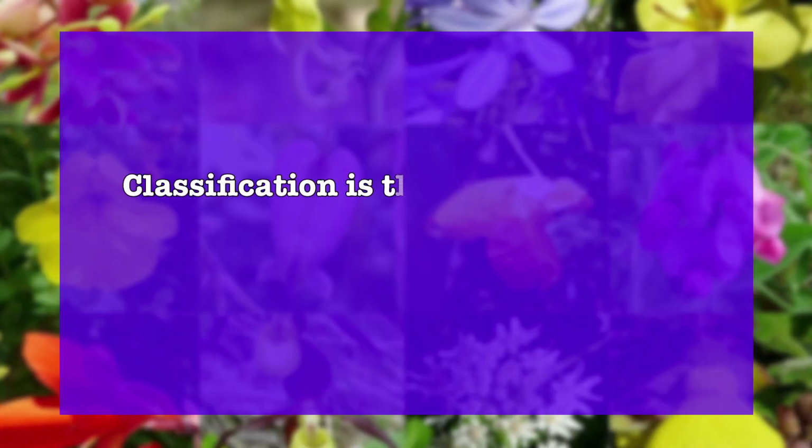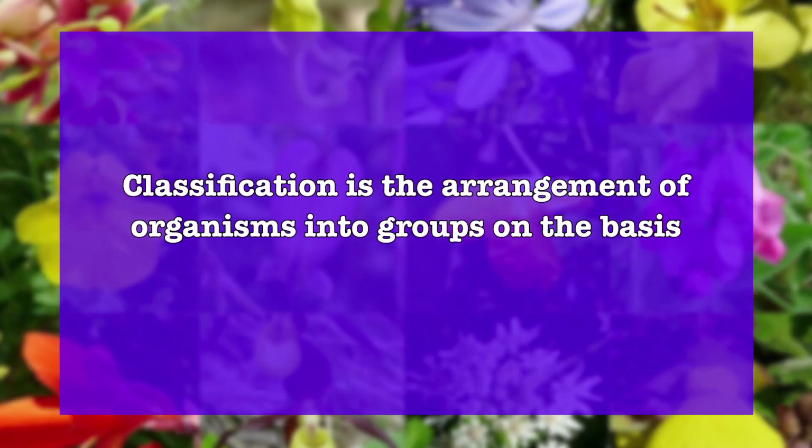So first and foremost, let's have a general introduction about our topic of deliberation. Systematics aims at developing classifications based on different criteria, and often a distinct methodology is employed for the analysis of data, which in turn gives rise to different systems of classification. Classification is the arrangement of organisms into groups on the basis of similarities.